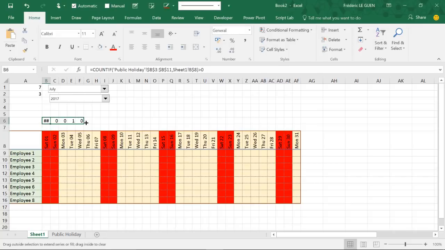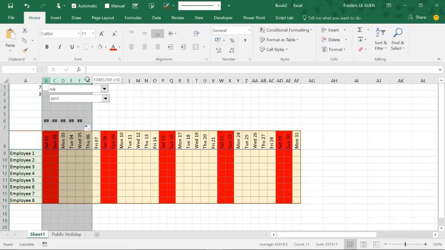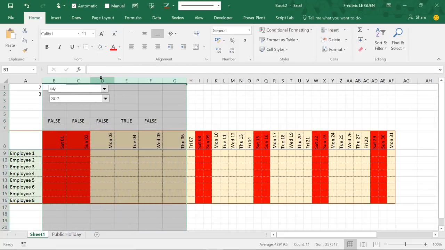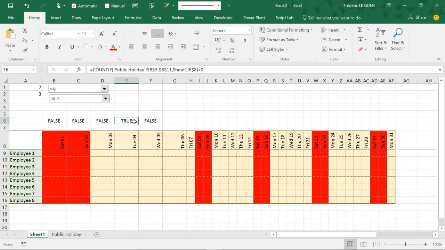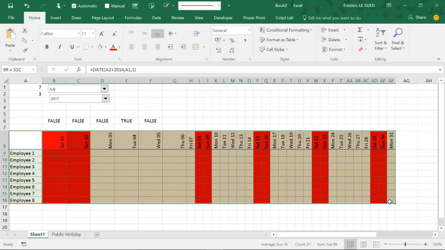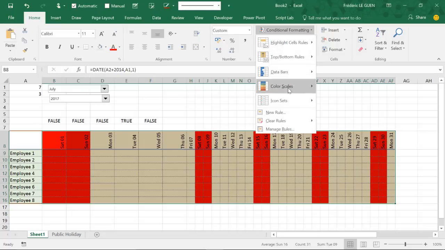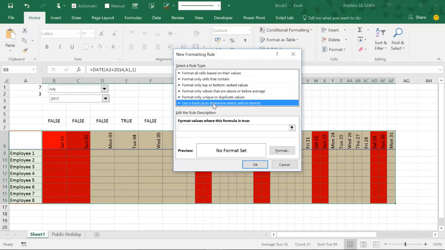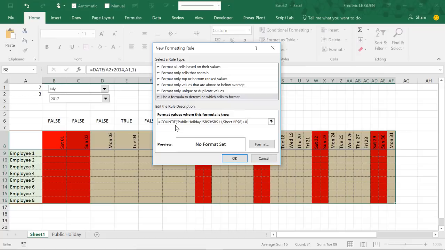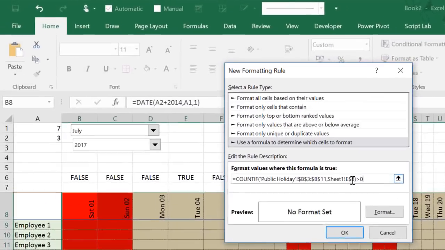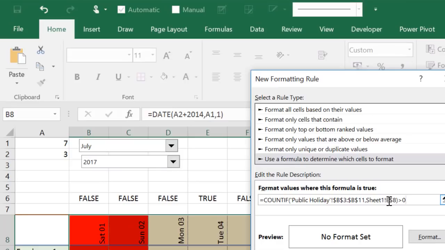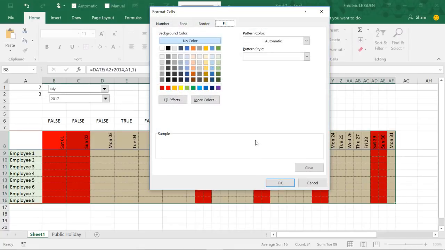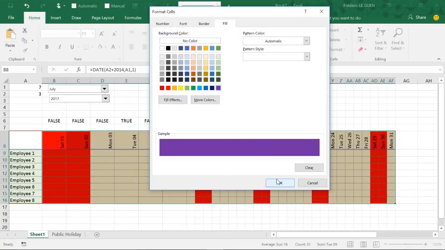I copy. Just extend one more time to show you. True. So my test works. So I have now to copy this test in a new conditional formatting. I select my range of data here. Conditional formatting, new rule, paste my formula, but here watch out, I must be not on E8 but B8, very important. I select one color, let's say purple, like this,